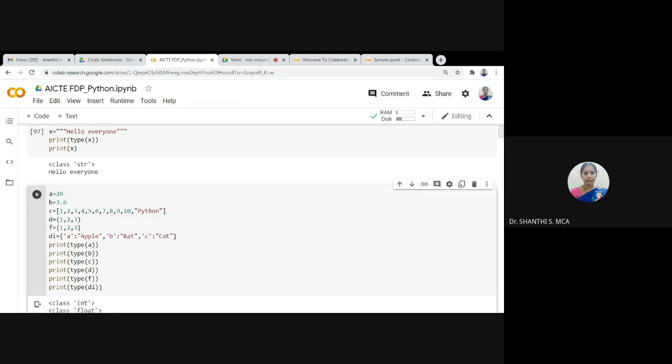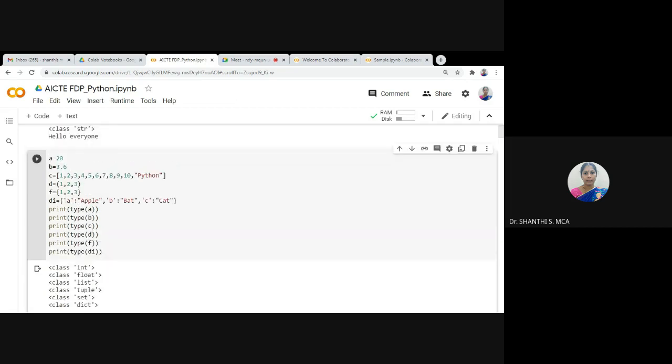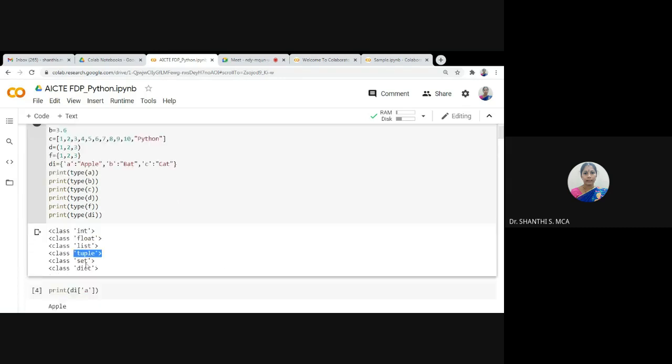Okay, now we will see what the data types of all these are. Here the data type of a is integer, the data type of b is float, the data type of c is list. Anything within parentheses is called a tuple. Anything within curly braces is called a set.